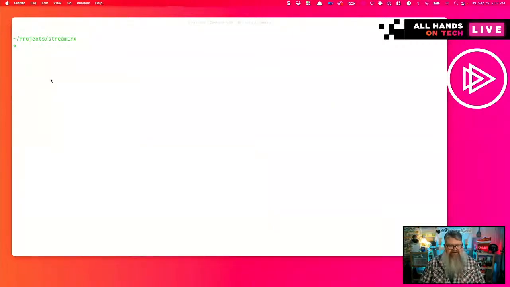All right. So I've got my terminal up here. I'm using iTerm 2 on Mac OS. If you want to follow along and build this on your local machine at the same time, you can use whatever terminal and editor and so forth that you're comfortable with. This should work on any operating system.